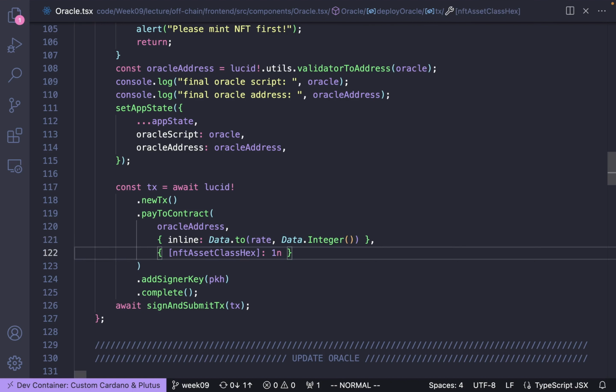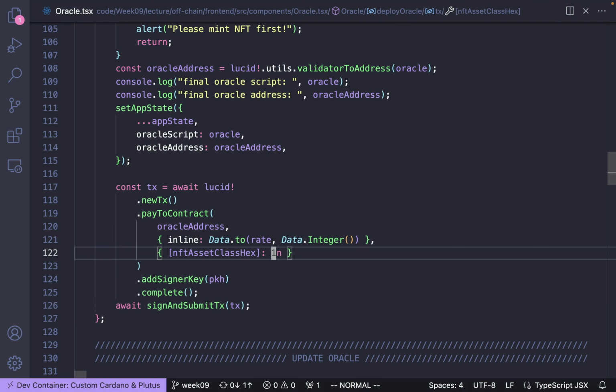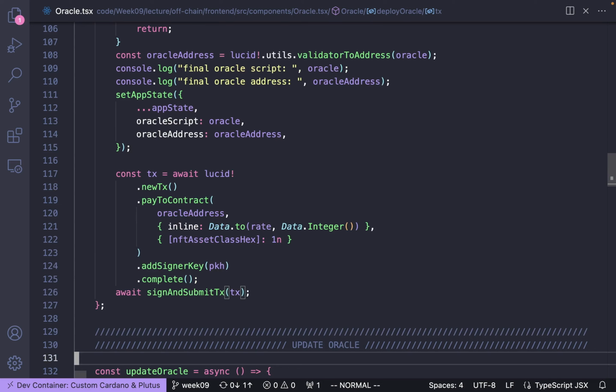And the value that we want to pay to the address is the NFT asset class, and the amount is 1. Then we sign and submit, and that's pretty much it. Now, to update the Oracle,